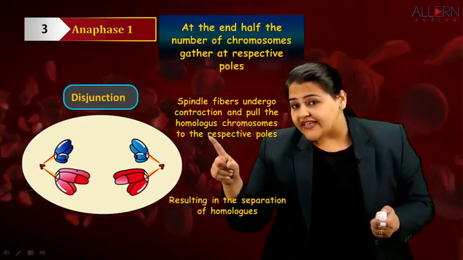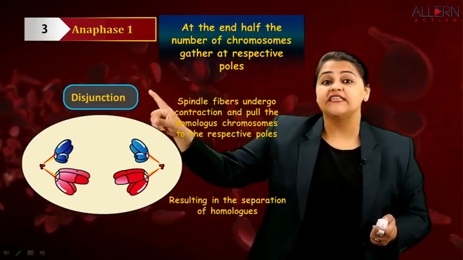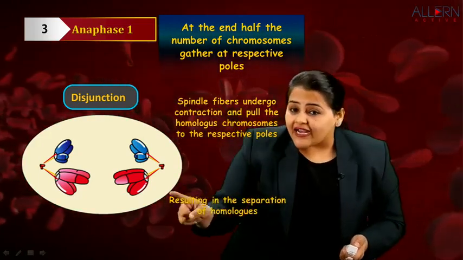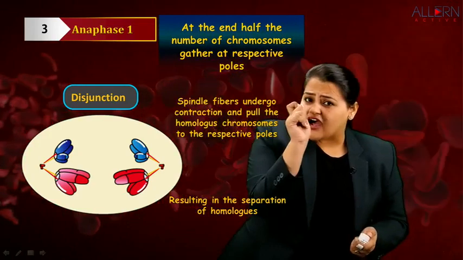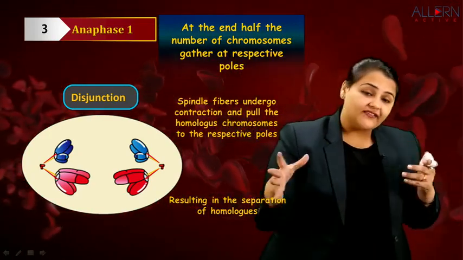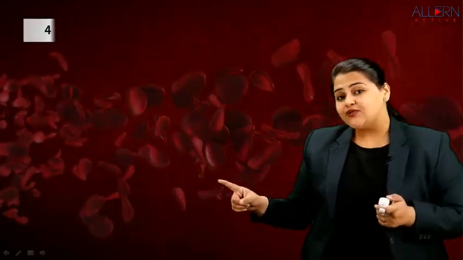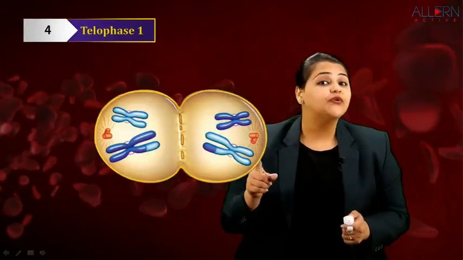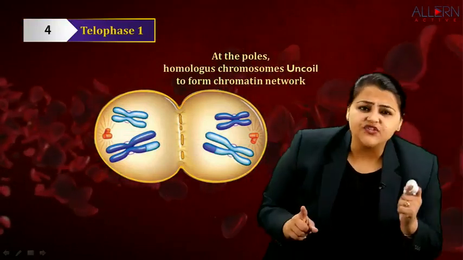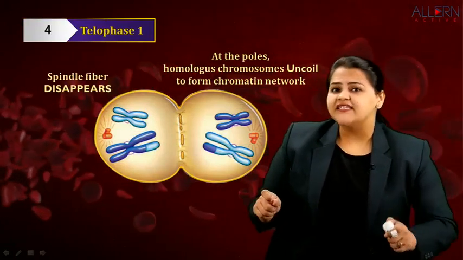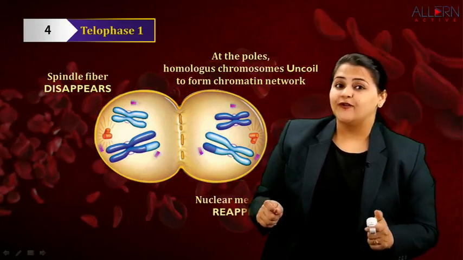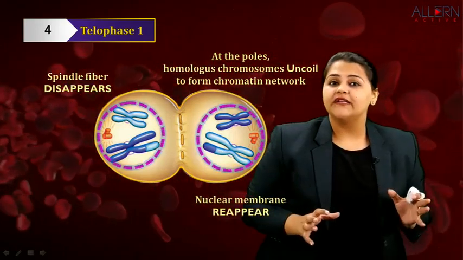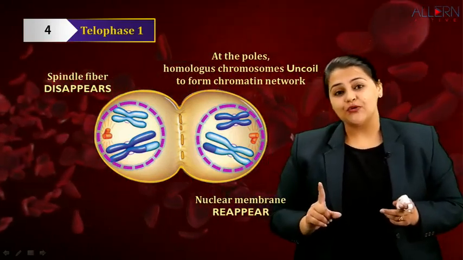Along with that, there is this procedure called disjunction, and this disjunction will make sure that half, that is the n half of the number of chromosomes, will gather at the respective poles, and that's where another nuclear membrane will develop. And when this nuclear membrane starts to develop, that's where we understand that yes, now is the time for telophase. So this nuclear membrane has developed, spindle fibers will disappear, and of course these homologous chromosomes